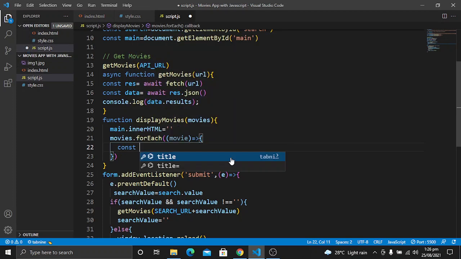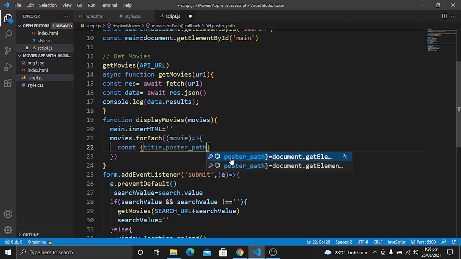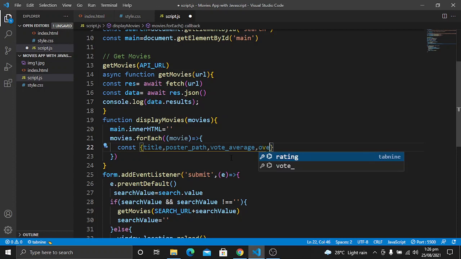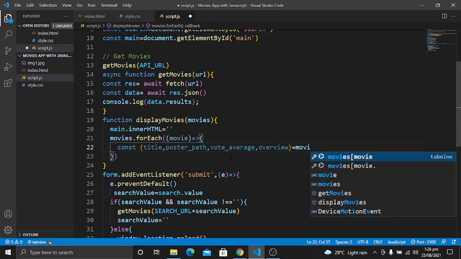We want the title, the next thing will be the poster_path, and we also want the vote_average, not the vote path. And the last thing we want to get is the overview, which is the text about the movie.